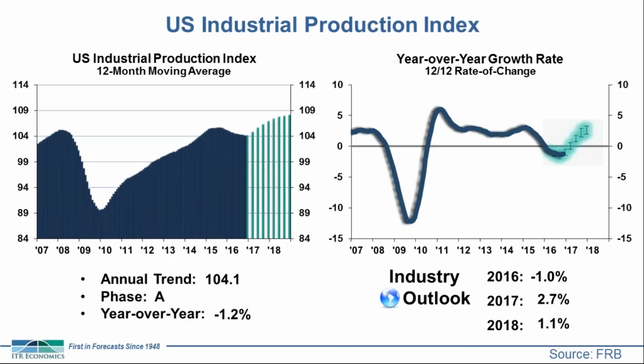Of those 3 segments, manufacturing is the only one which is in the front side of the business cycle and is expanding on a year-over-year basis. It's currently in phase C, slower growth, and is up about 0.4% year-over-year, so virtually even with the 2015 level. That's not breakneck growth by any description. However, it is more positive than both mining and utilities, which have been weak enough to pull U.S. industrial production into phase D recession throughout the majority of 2016.